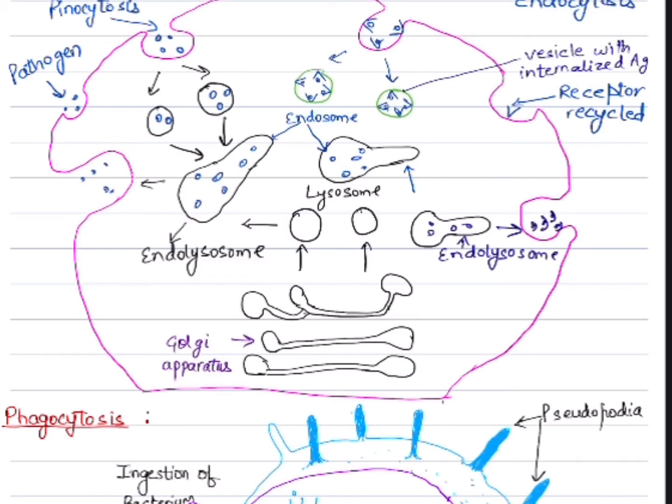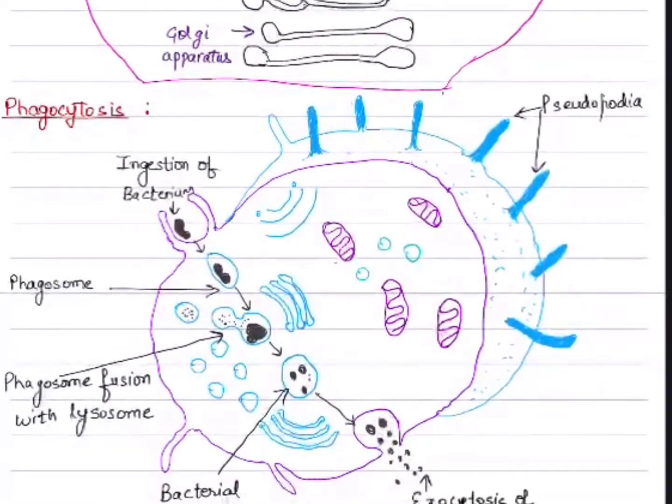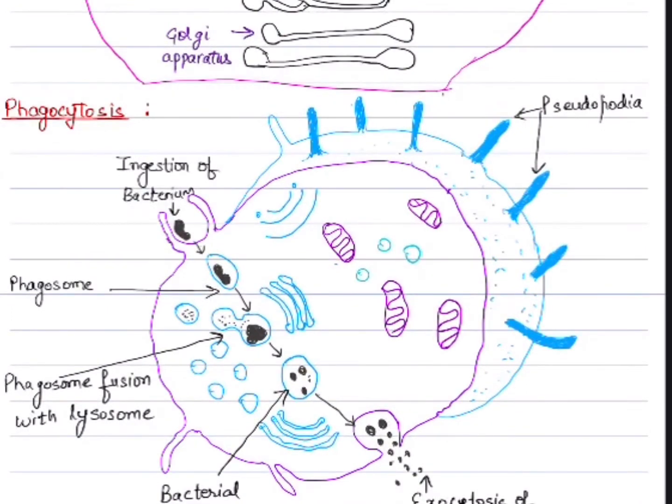These enzymes degrade the pathogen into smaller fragments, peptides, sugars, nucleotides, etc., which are eliminated from the cell by exocytosis. Next, we have phagocytosis, which is usually used for large particles. This is another type of endocytosis in which particulate material is taken up by the cell from its environment, and it is usually undertaken by specialized cells called phagocytes. Macrophages are the most efficient phagocytes, however, we have neutrophils and monocytes also.